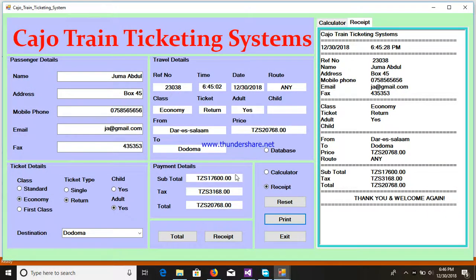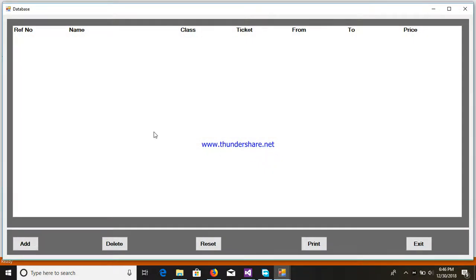Then from there I want to show you the database. I can click here on database. It will send me direct to the database. In the database here there is nothing. Right now I want to add the information that is there. Then I can click add. Upon clicking add, it will